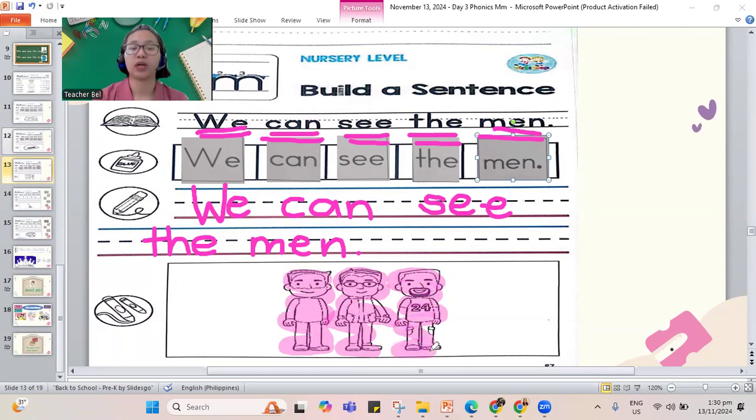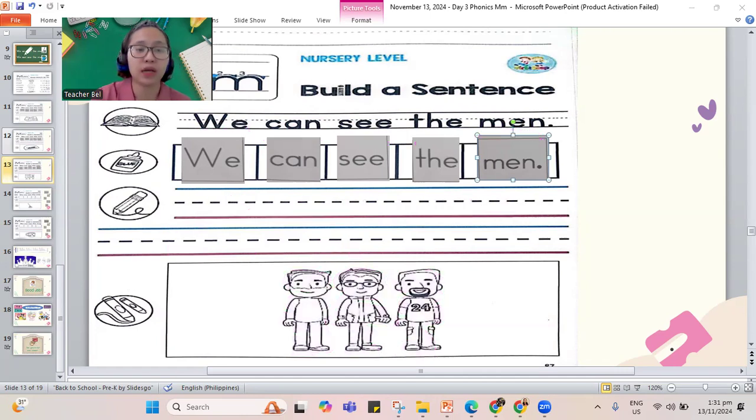Okay, now that we're done with this one, let me erase the writings on the screen. But first, let me ask you, are you done with this work? If you're done, good job. Let's move to the next page. But if you're not yet done, pause the video. Play it again once you are done. Let me erase this one and I'll jump to the next page.